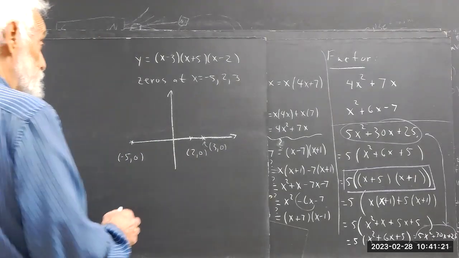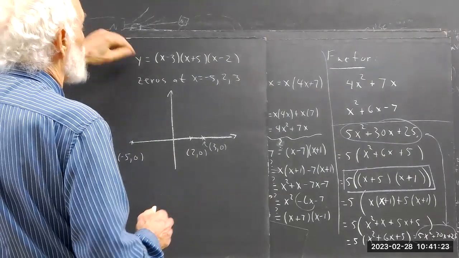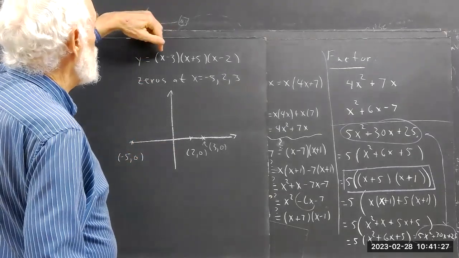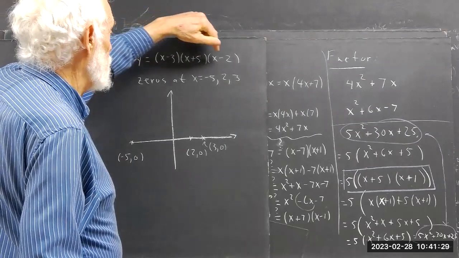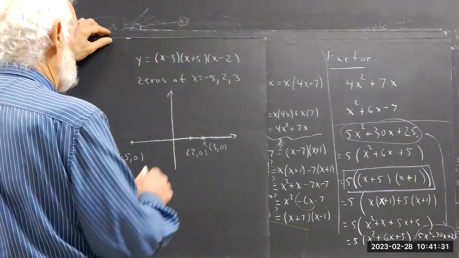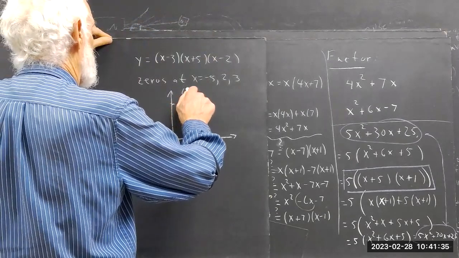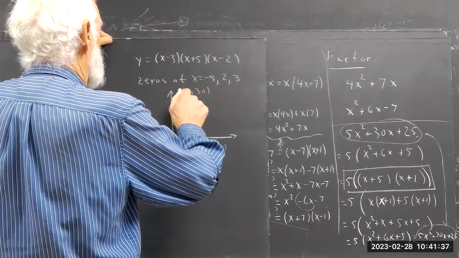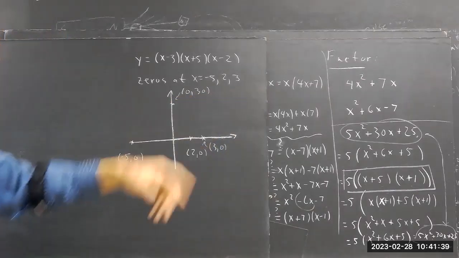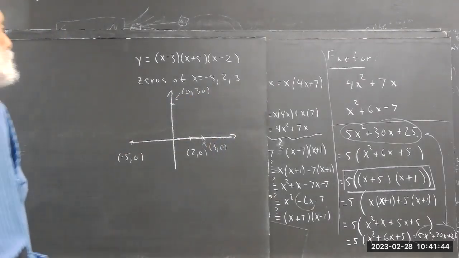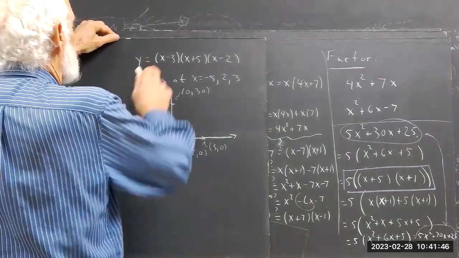All right, now, if x equals 0, we're finding the y-intercept. If x equals 0, y is -3 times 5 times -2, which is 30. So we have all this information. Also, if we multiply this out,